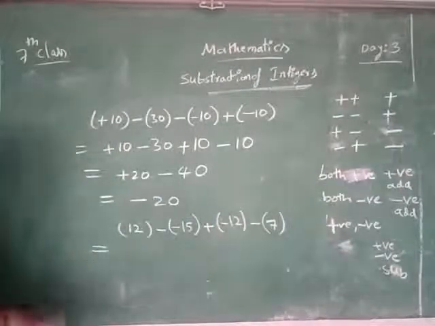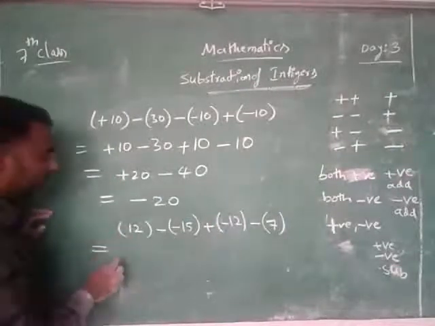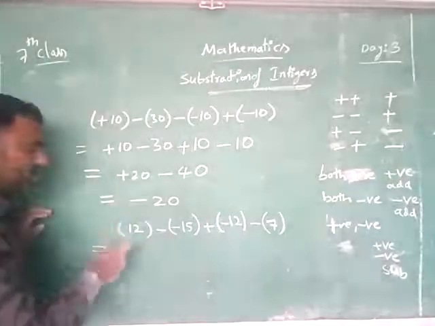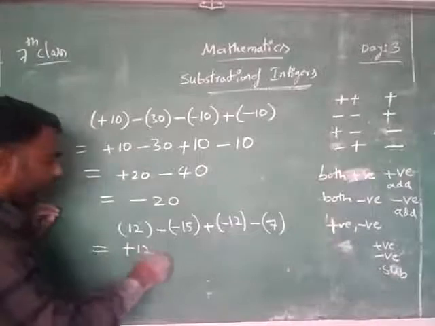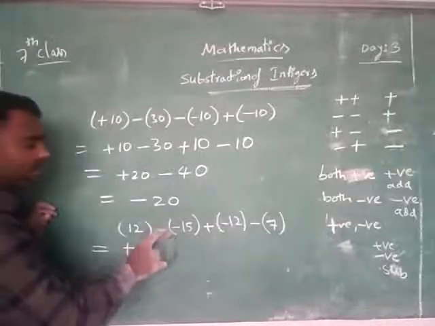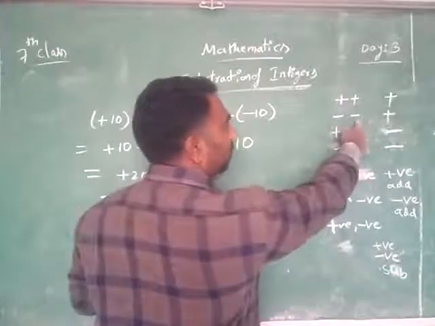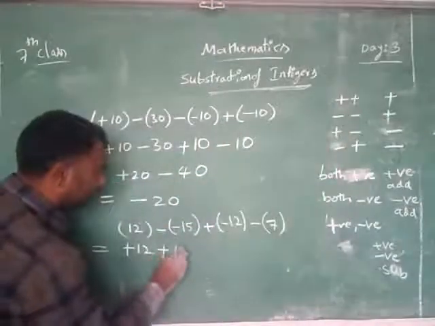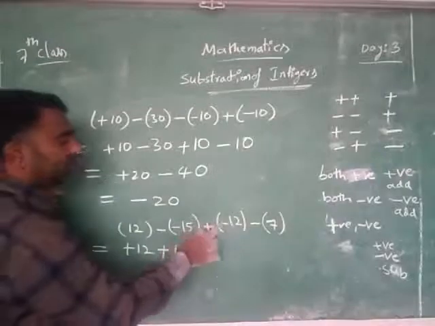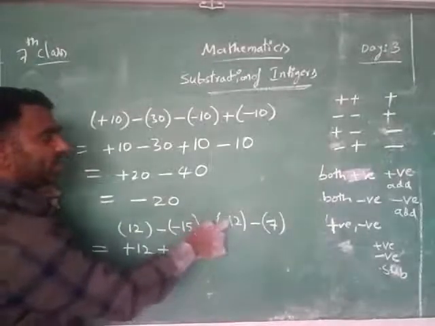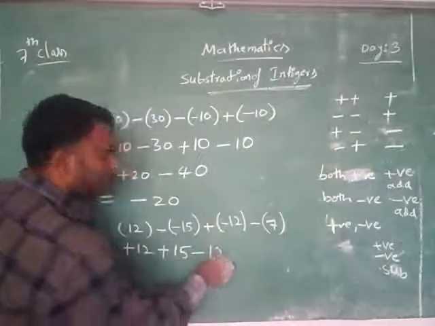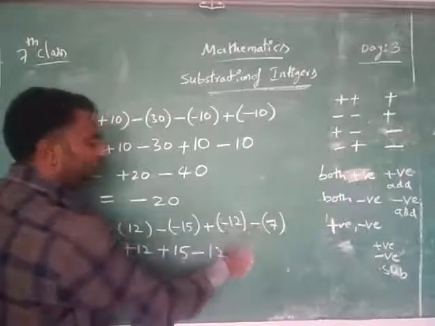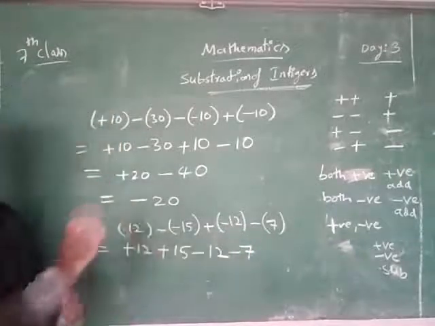First of all, we will try to remove the symbols. When you are writing here and there is no symbol, not plus, not minus, we have to think of it as plus. Here two symbols are there, minus, minus. We will use this system. Minus, minus will become plus. And here plus, minus, two symbols again. Plus, minus will become minus. And here only one symbol is there, so no problem, directly minus 7.